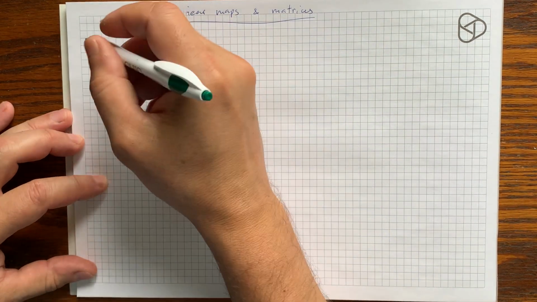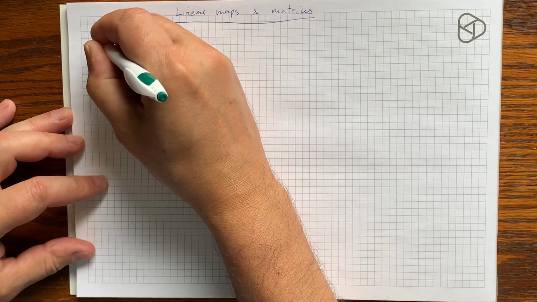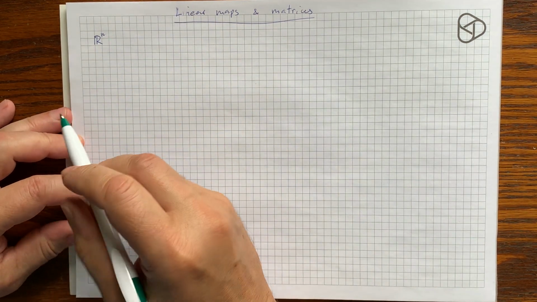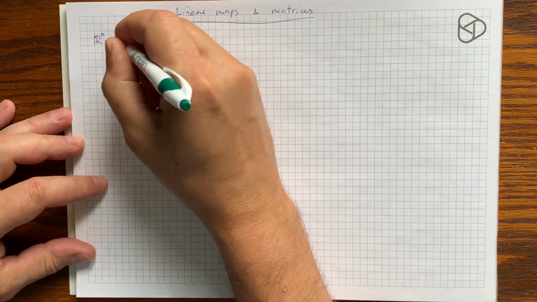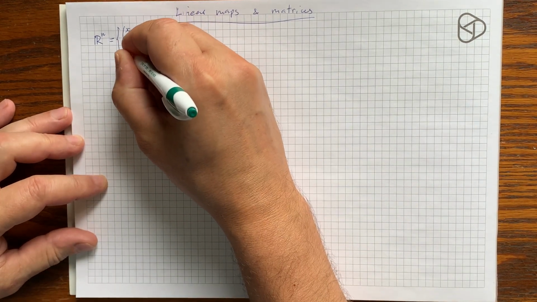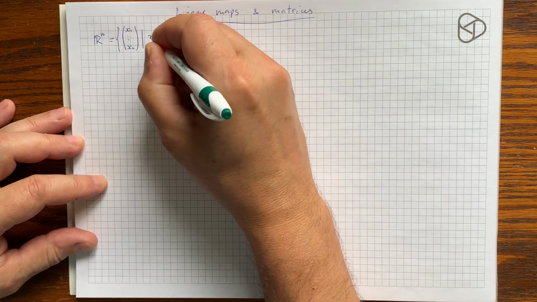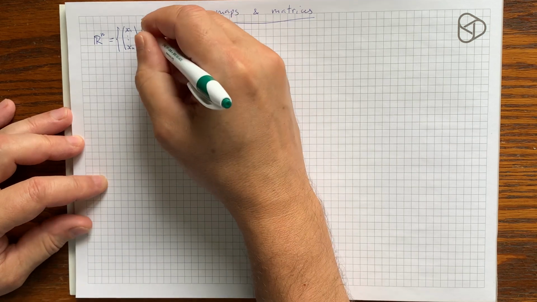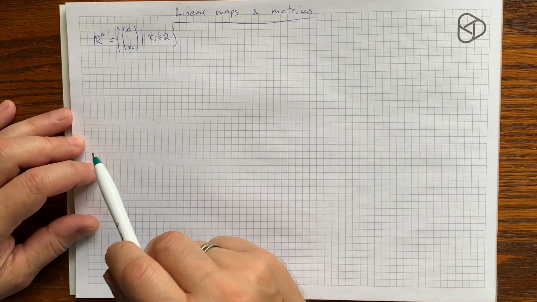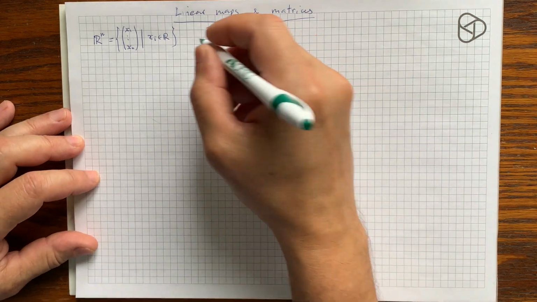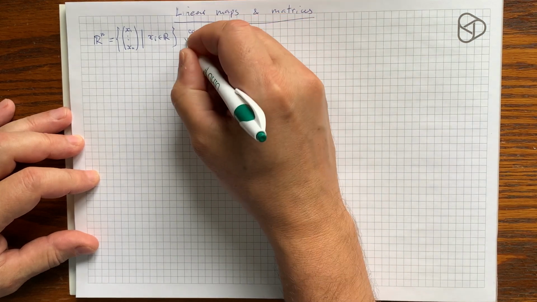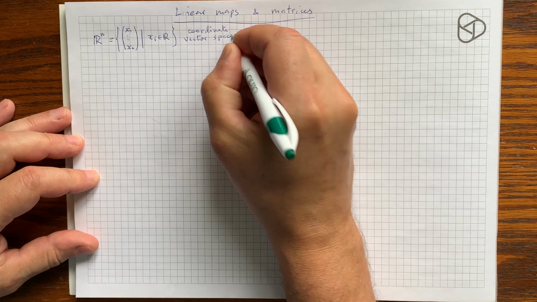So here's some notation. We talked about vectors last time. Let's look at the set of all vectors of length n with coordinates in real numbers. This is a symbol for the set of real numbers, and n is just the length of a vector. I'll be drawing them vertically to save space. Coordinates are real numbers, and this bar is part of the set builder notation, which says that we can look at all collections of n real numbers written in vector form. So the name for this set is the coordinate vector space of dimension